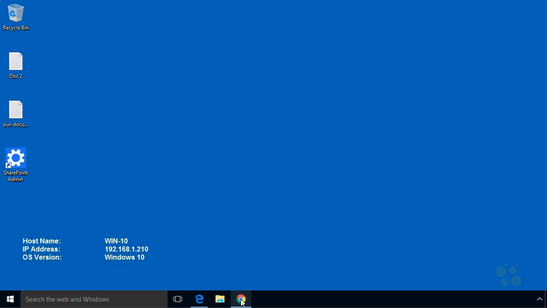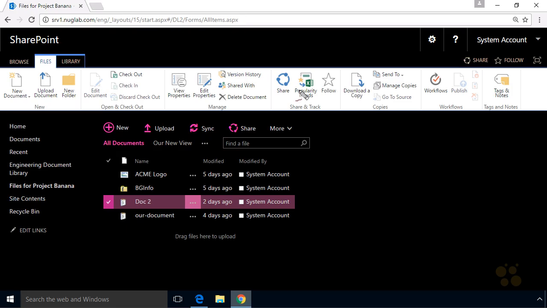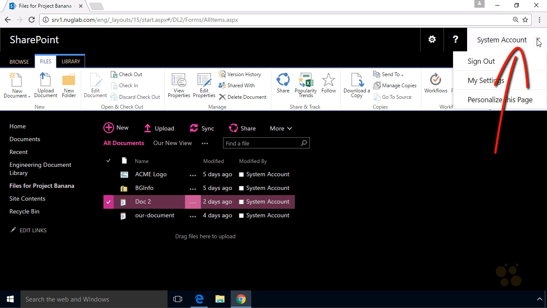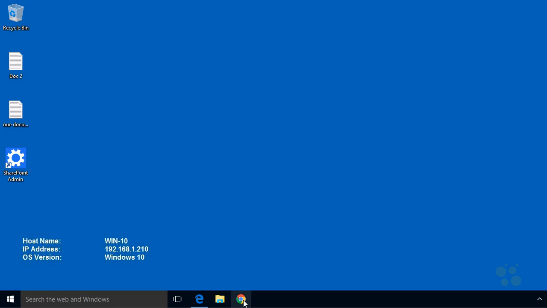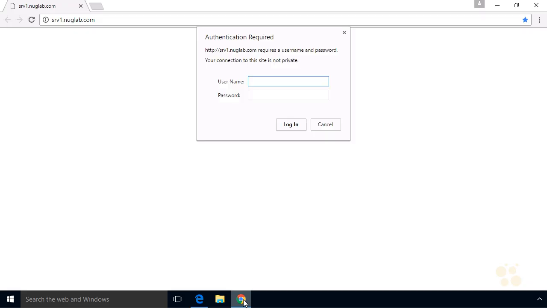And let's go back to our Chrome browser. Now, this is a static page, so I wouldn't expect it just to show up here without at least a refresh. So let's go ahead and log out and log back in. So I'll use the drop down here. We'll do sign out. We'll close the Chrome browser. We'll relaunch Chrome. And let's reconnect and see whether or not we have the alert option in the file or library tab. So we'll authenticate again